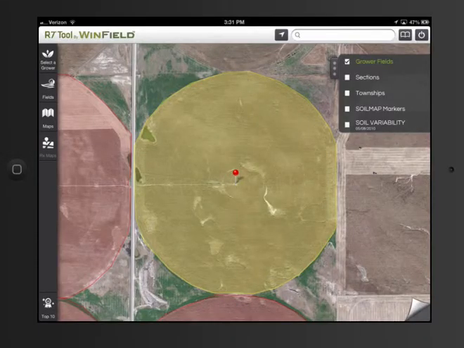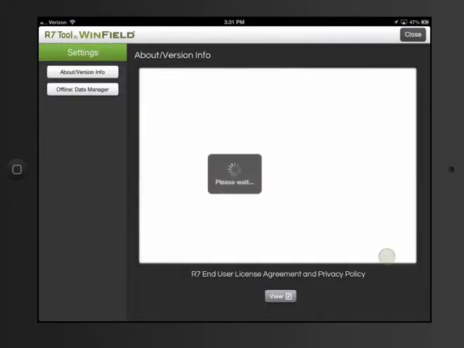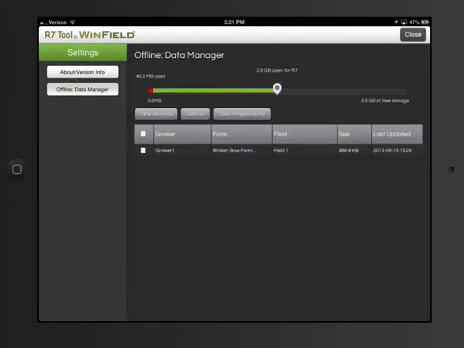Now we're going to spend a little bit of time talking about the offline data mode. The bottom right curl page gives you access to the settings. And when you go into the settings on the top left, you'll see the offline data manager. Now the offline data manager allows the user to set some preferences on their device so that they can store data on the device that can be retrieved when they're out in the field with no internet connection or spotty